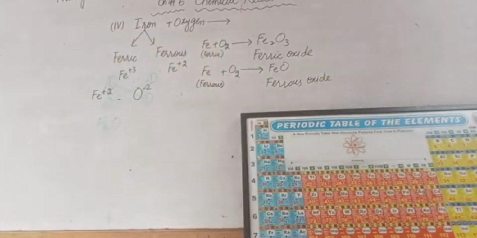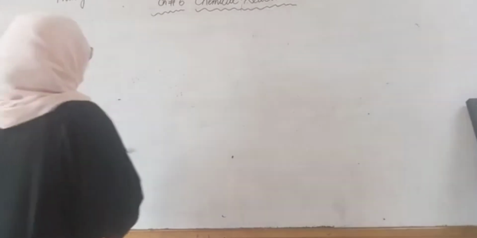So we do chemical reactions in a theoretical manner by this method. With the help of the symbols and charges we will be able to do the chemical reactions, and we will get the compound with the help of the reactants as well. I have done 4 examples here today, so you will note the examples.